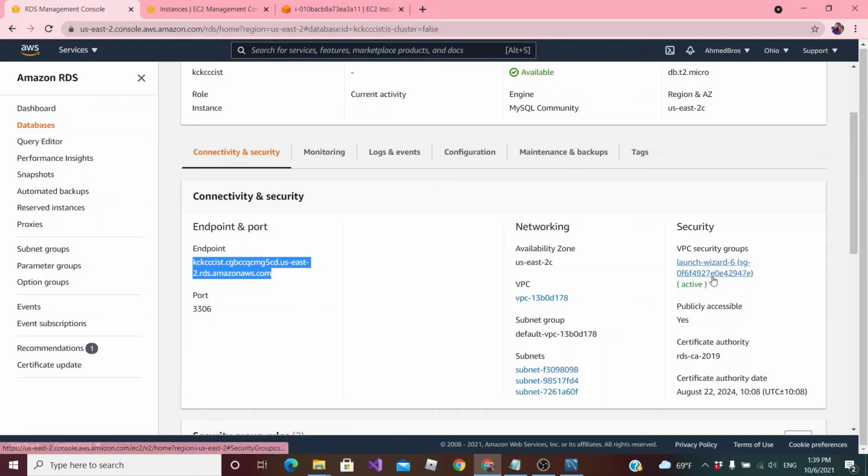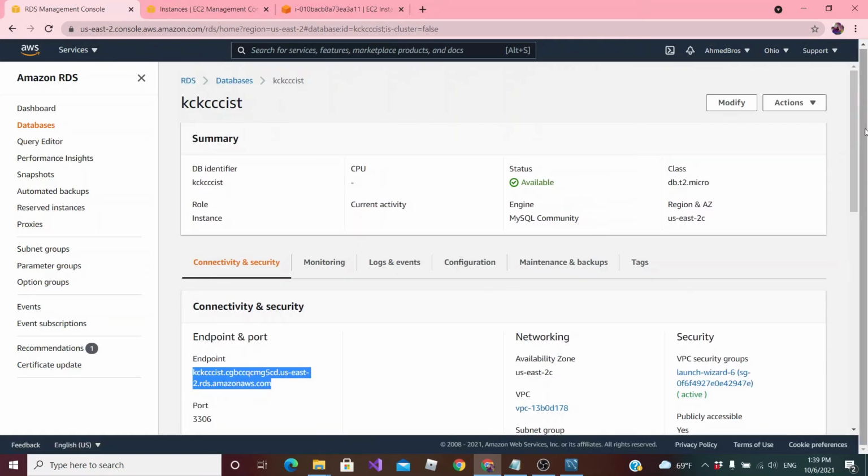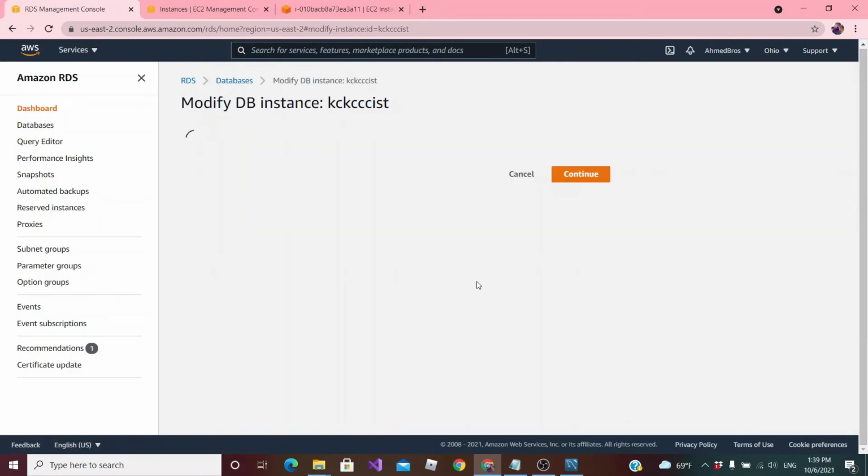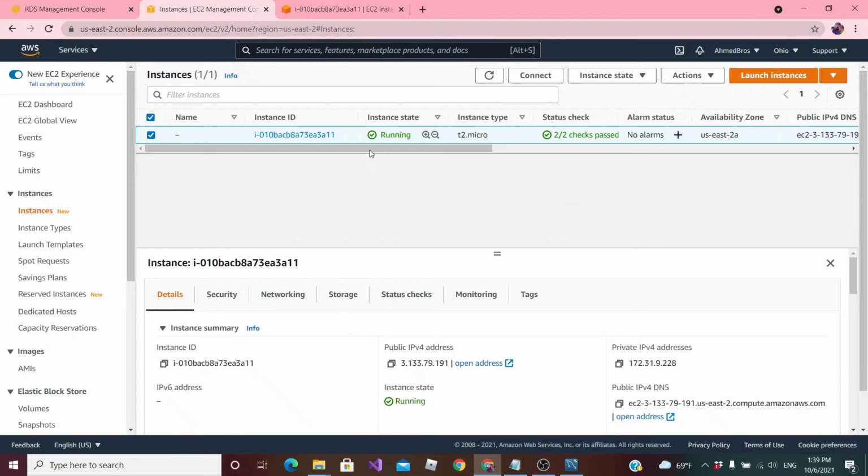Now, I'm going to show you how I get to this part. If you don't have it, well, in the previous section in this video, I chose default, and it turns out that default may not work for you. So here's what you need to do. You need to click on modify. And while it's loading, we need to look at the security group that we have for this instance,